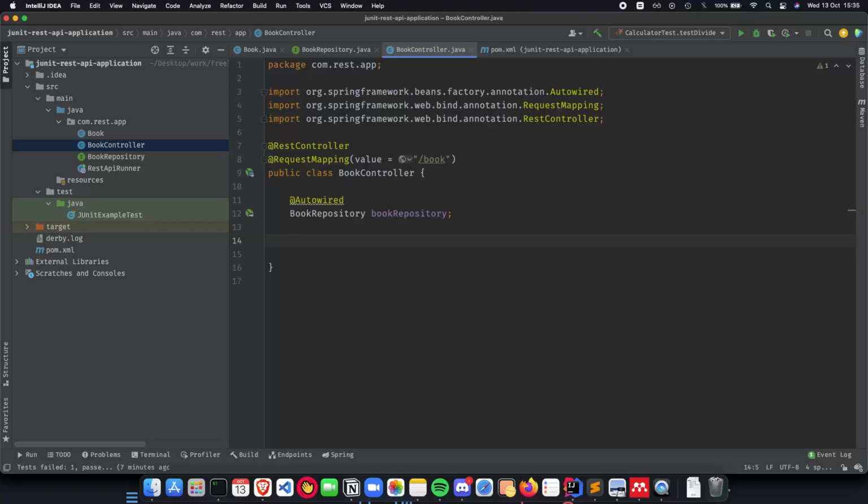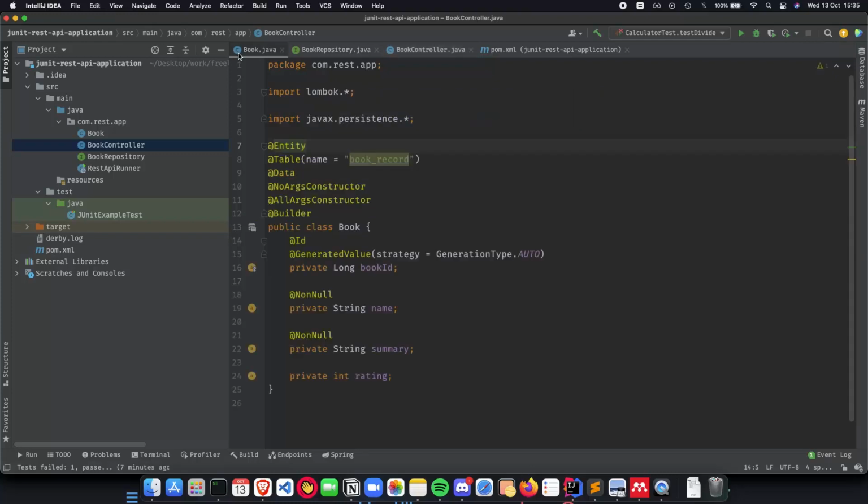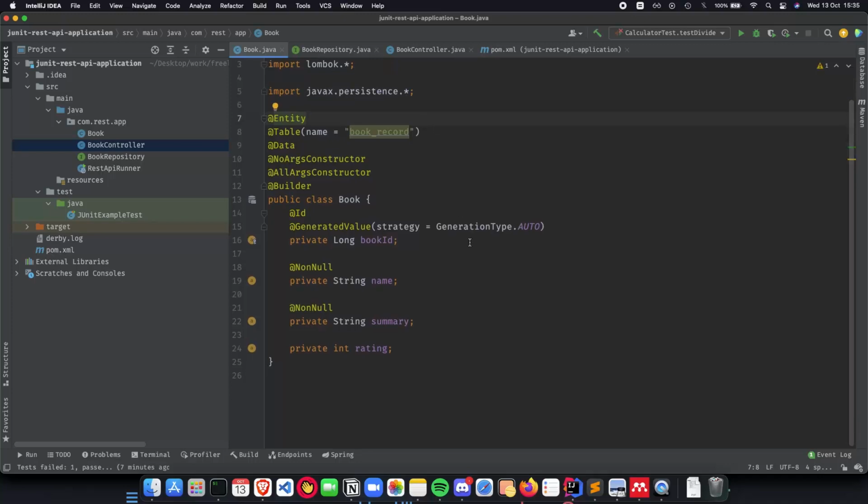So for this video, this is all I have, a very quick implementation of the domain and persistence layers for our REST API application. We had created the book.java, which basically had all the fields and attributes for our book, which will include the book ID, name, summary, and rating.